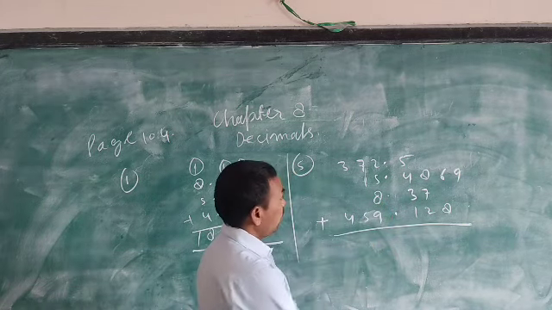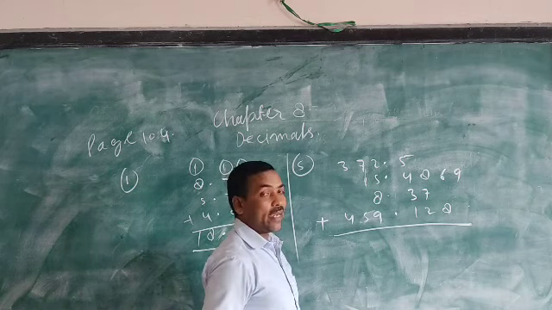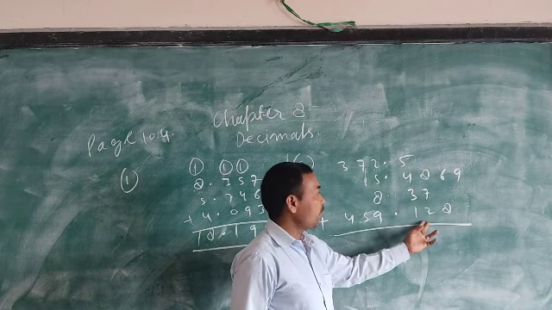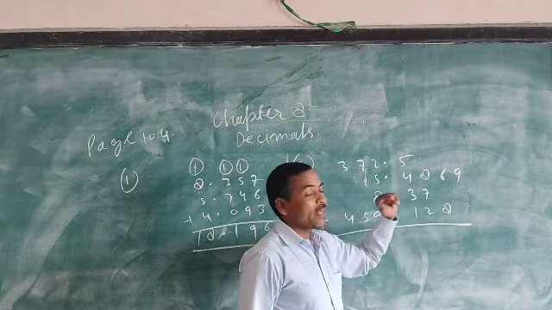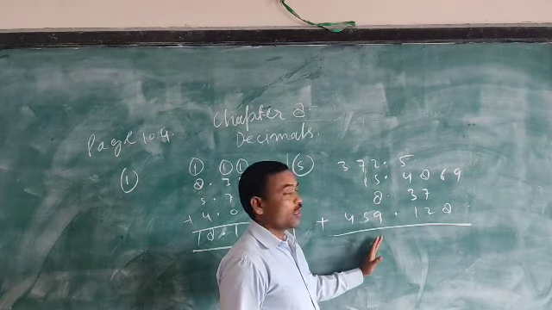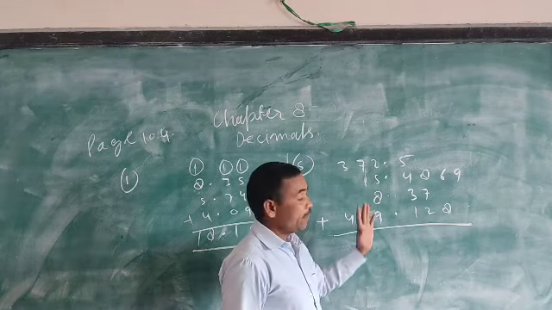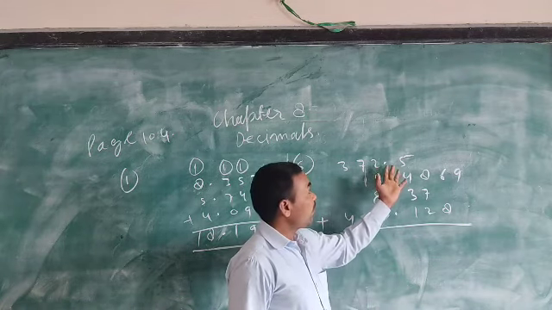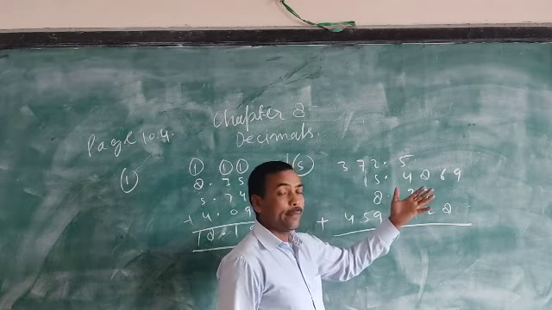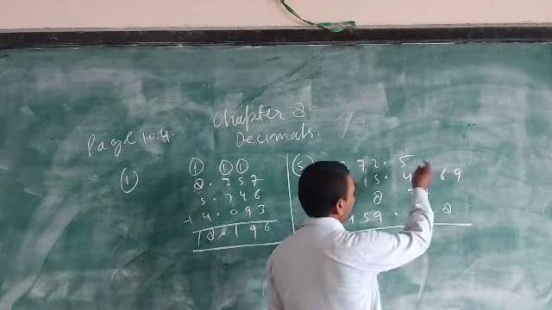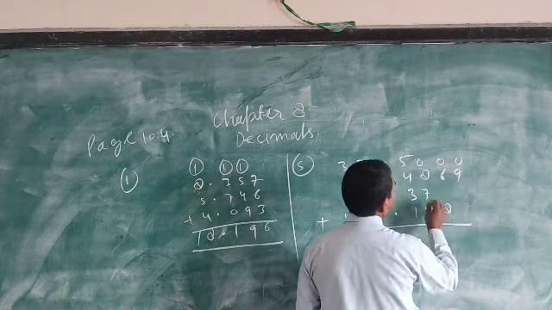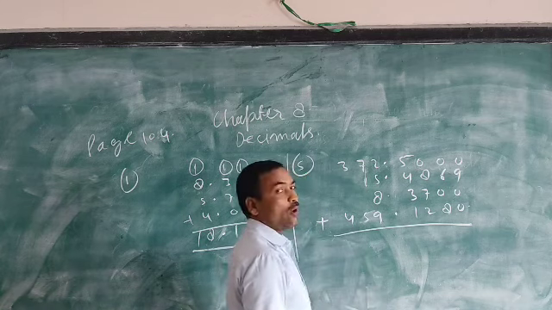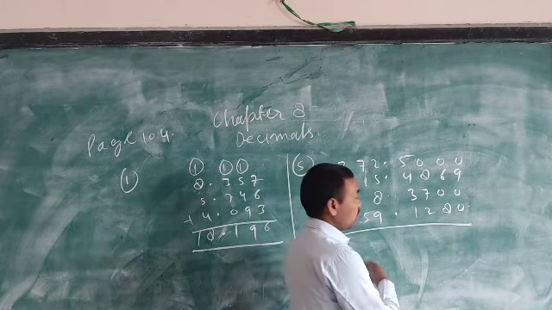and after that you should convert them into like decimal places. See, here 4 decimal places, here 1 decimal place, here 2 decimal places, here 3 decimal places. So the maximum is 4 decimal places, so all the numbers should have 4 decimal places. For those having fewer decimal places, you have to add zeros so that all the decimal numbers have 4 decimal places. So here 3 zeros you can write, here 2 zeros, and here 1 zero. And the whole number part you know how to add. This is not a new value.